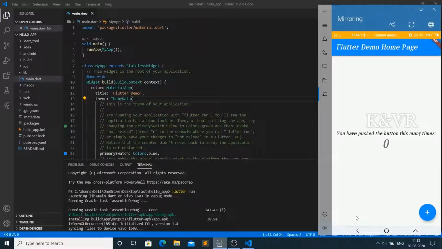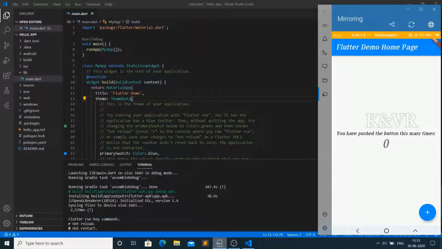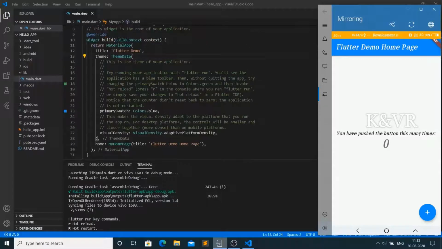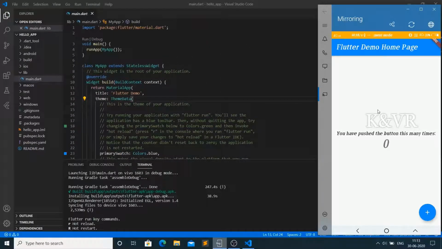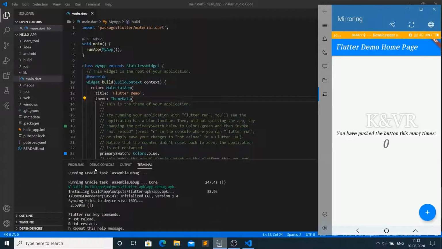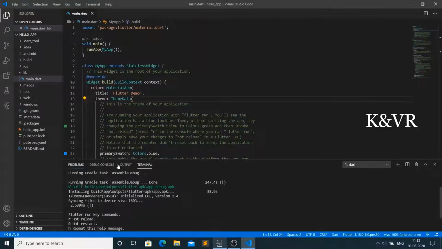You can press allow. I have completed this. This is the output for this code, the basic Flutter app. It is completed, no errors. There are no problems here.